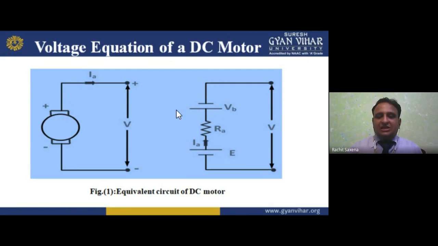The one thing is, I have to give supply to the field winding to generate the magnetic field. And if it is a motor, then I have to give the supply to the motor also, to the rotor. So in separate excitation, my dear student, we give supply to the field winding separately, not combined.